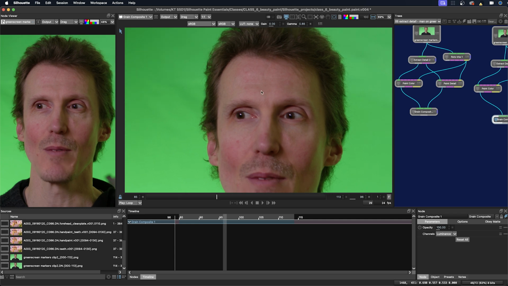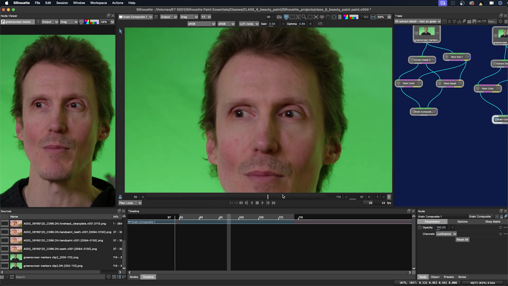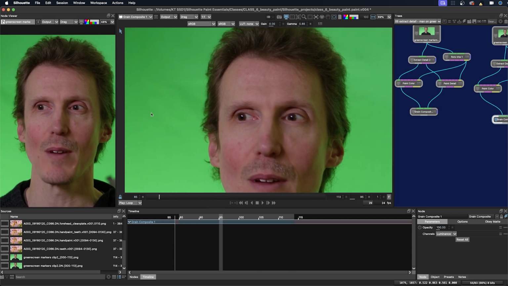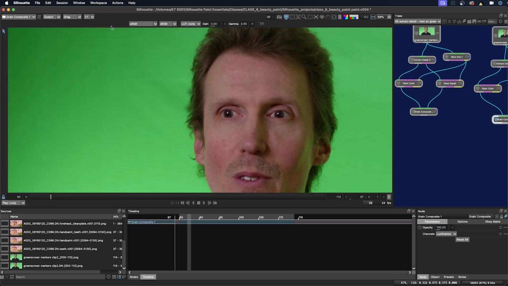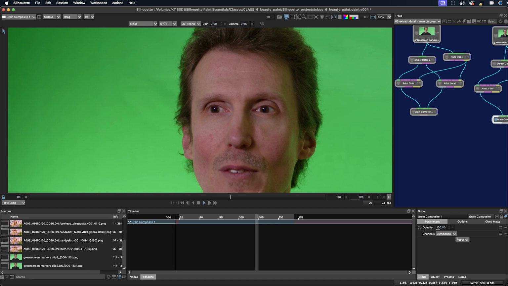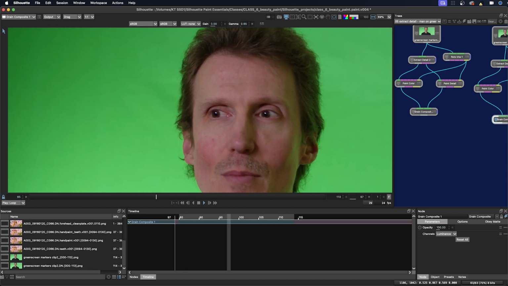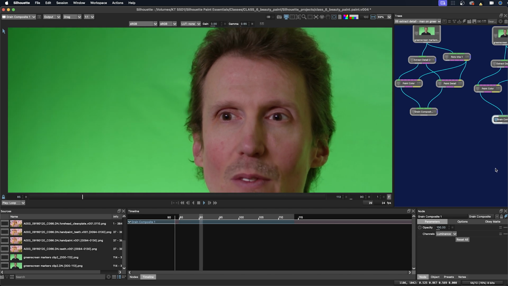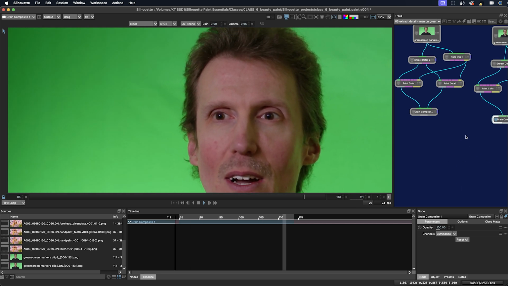I was just focusing on this eye area here. Maybe I'll just close this and we can play it back without using up all the memory. Okay, now it's cached through. So I think that looks a lot better. It's a really easy and natural way to do the beauty paint for this shot.